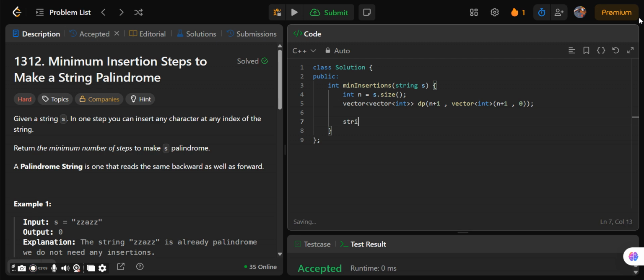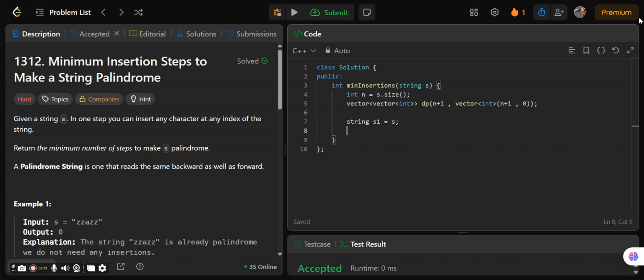Now we are going to take a string s1 equal to s, and we are going to reverse the string, s dot begin to s dot end, and we are going to make another string s2, which is also equal to s. S2 is the reversed version of s.